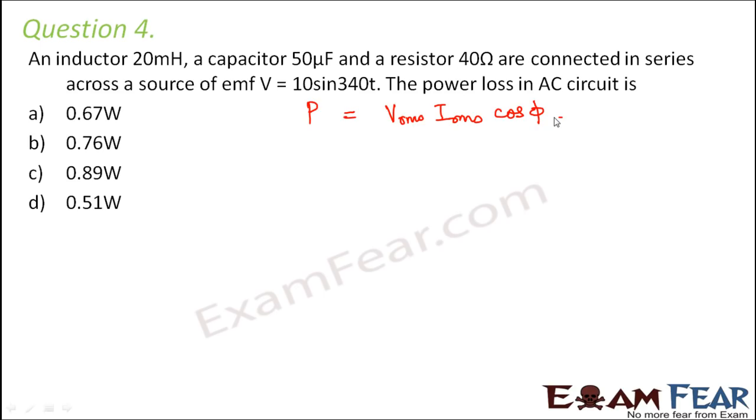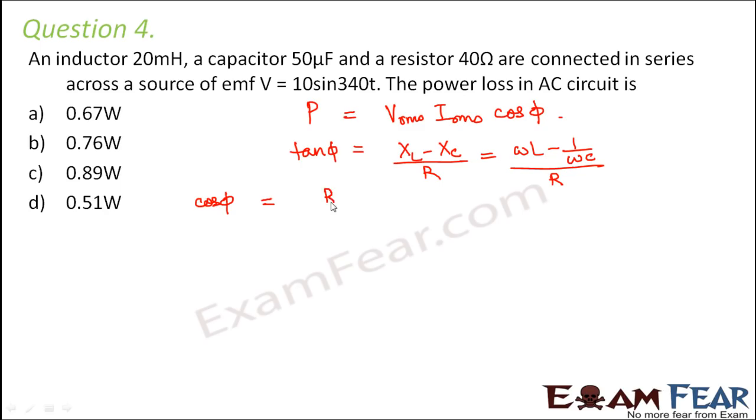So we already know that tan phi is equal to XL minus XC divided by R, which is equal to omega L minus 1 by omega C divided by R. As we have discussed before also, that using simple trigonometry we can calculate cos phi as R divided by root over R square plus omega L minus 1 by omega C whole square. That's because tan phi is perpendicular by base, cos phi is base by hypotenuse, and hypotenuse is equal to root over perpendicular square plus base square. Okay, so now